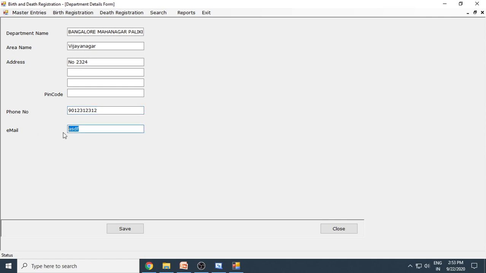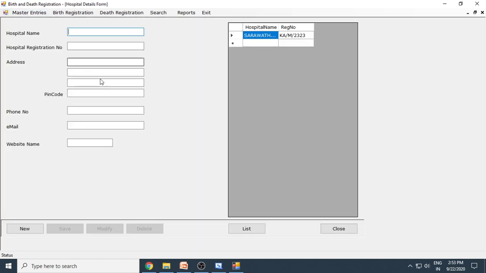Right. So email. Right. So we can save the information. Next one is hospital details. So which are the hospitals nearby? We can register all the hospitals, and we can give a registration number, that also we can enter. So based on registration number, we can identify that hospital. Okay. So let's say Fortis registration number. So therefore this is KZ. So 1, 2, 3, 4. Right. So address we need to write.